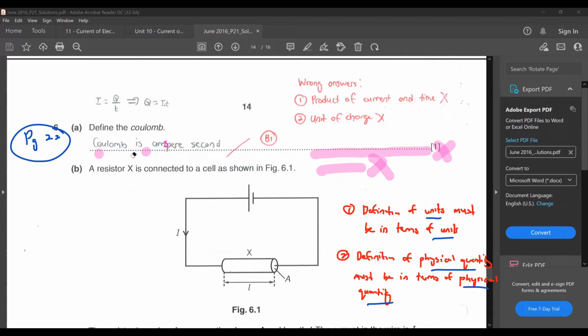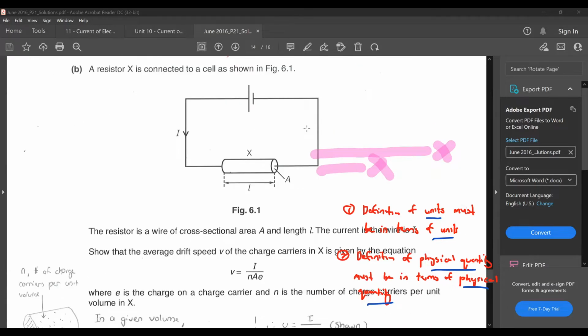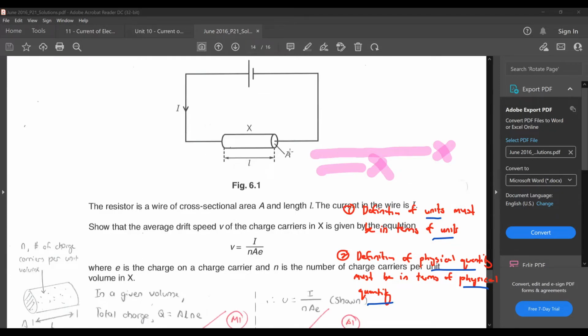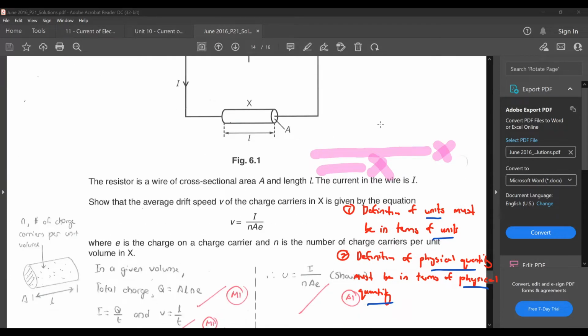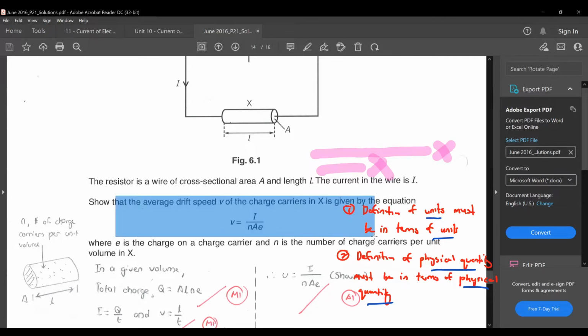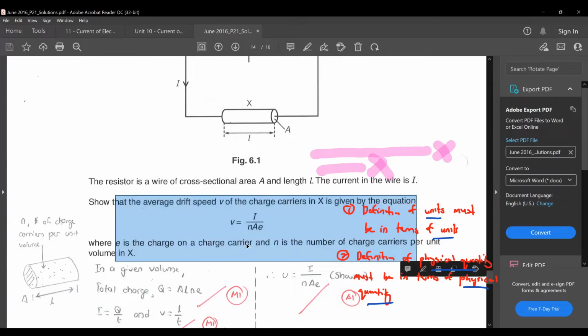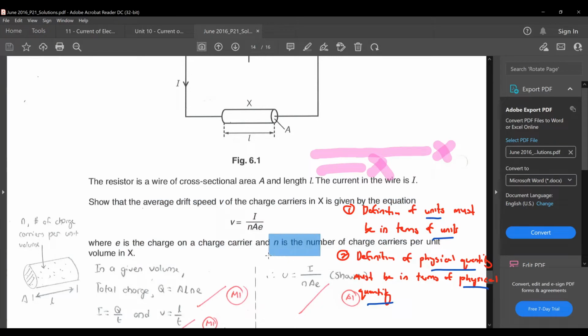Resistor X is connected to a cell as shown in figure 6.1. The resistor is a wire of cross-sectional area A and length L. The current in the wire is I. Show that the average drift speed V of the charge carriers X is given by the equation V equals I over NAE, where E is the charge on the charge carrier, N is the number of charge carriers